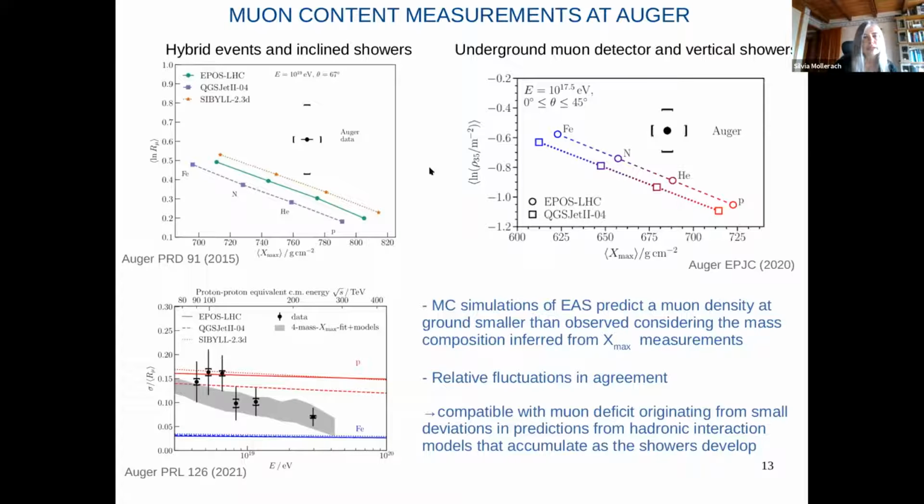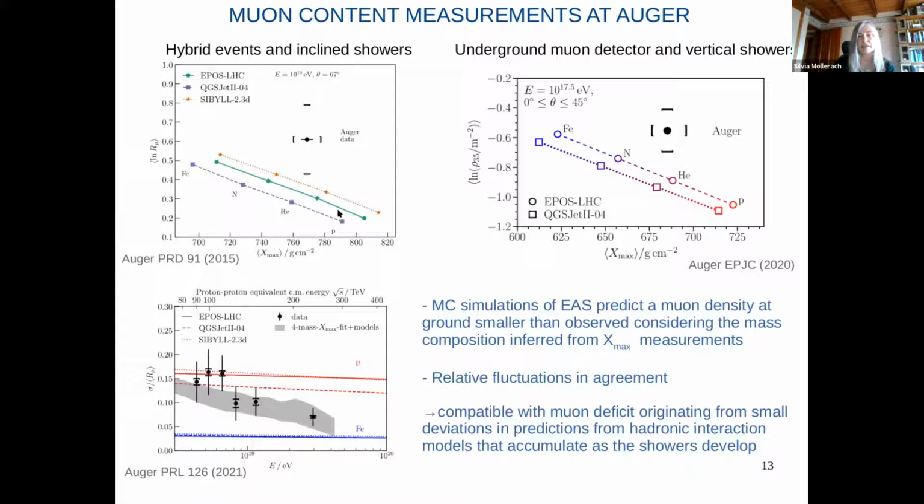So what we can see in these plots here are also the expectation from the Monte Carlo simulation of extended air showers with different hadronic interaction models and for different primary composition. And what we see is that all the models predict a muon density at ground smaller than what is observed for the composition determined through the fluorescence detector. So there is a problem in this